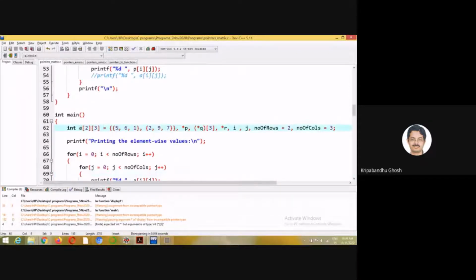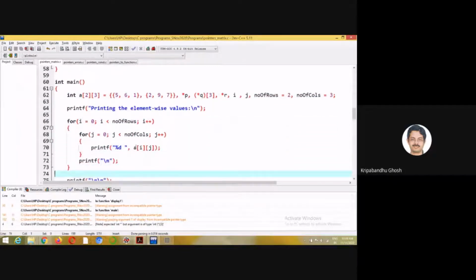So this is the a matrix, as you can see, and this is fairly a standard way of printing the elements of a matrix, right? Using a nested for loop.